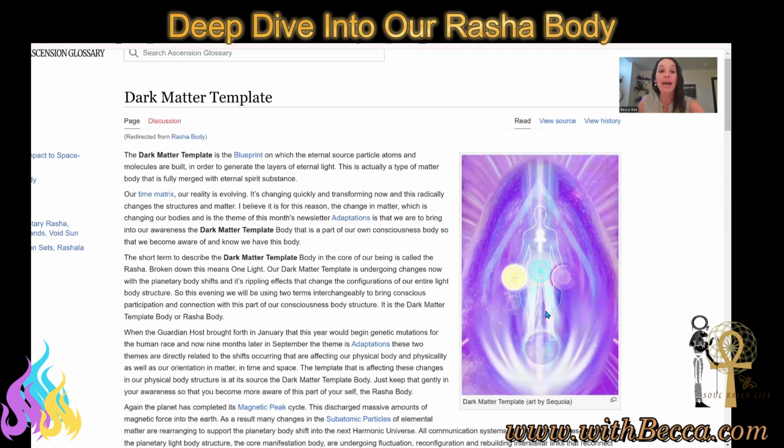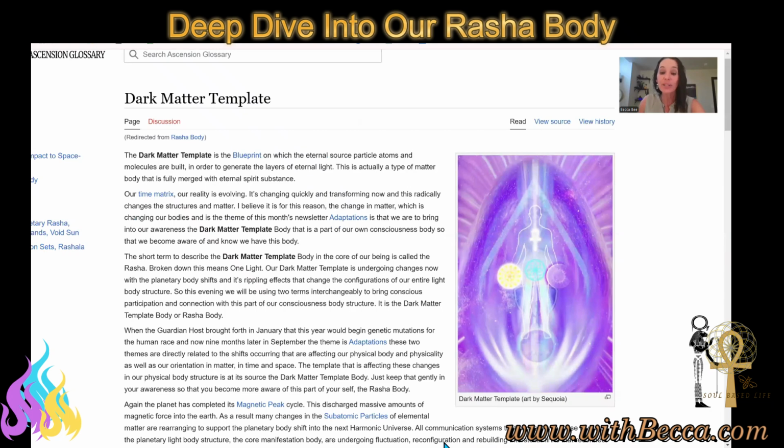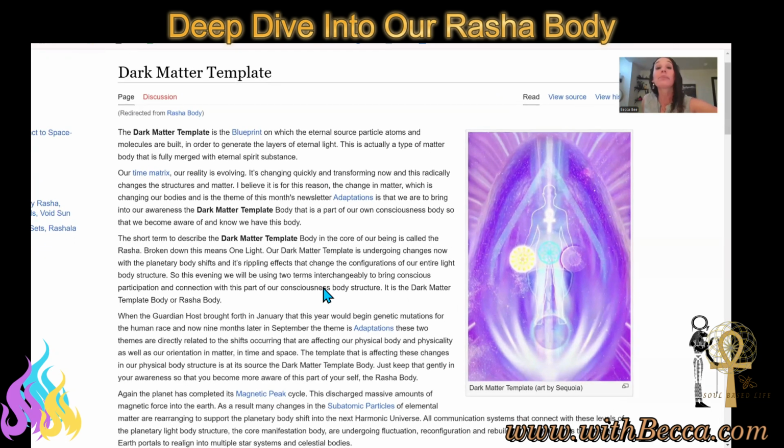Now, our dark matter template is actually going to be connected really to the dimensions of 16, 17, and 18. And when we think of that, this is really kind of an interlayer, an interface into the seven higher heavens as we start to connect into this, because it's where our spirit body exists outside of dense crystallized form.